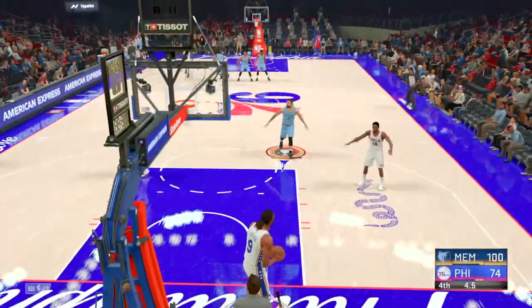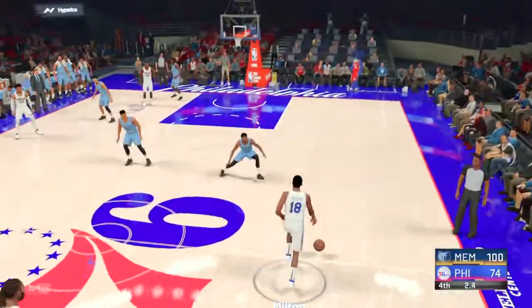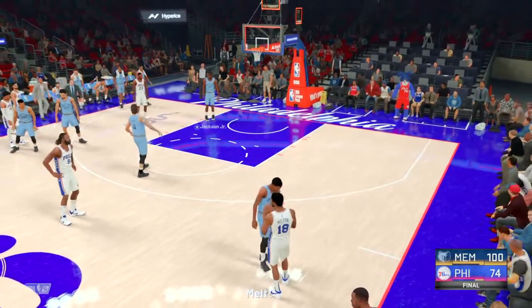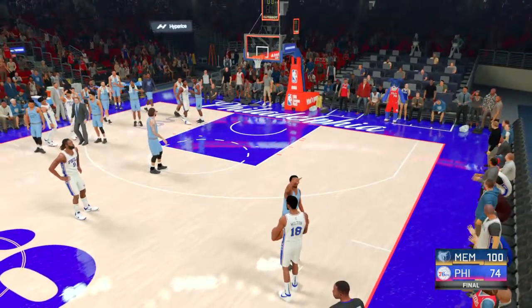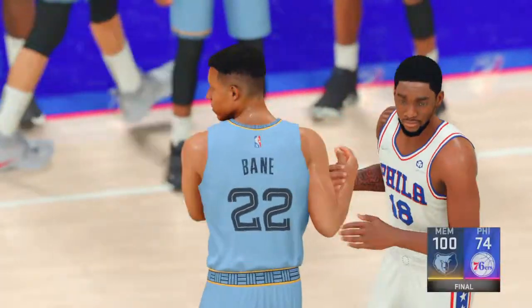And they came in determined to take this one. It's going to be a happy flight home. Yeah, there's no doubt as to who was the better team. I mean, they proved it this week. So no problem for Memphis as they get the win. This crowd was stunned by the manner in which their team was